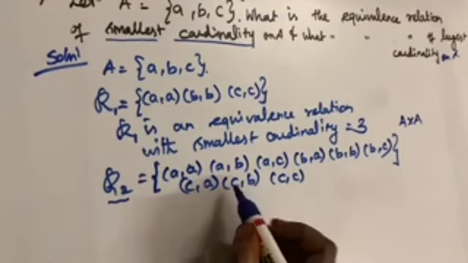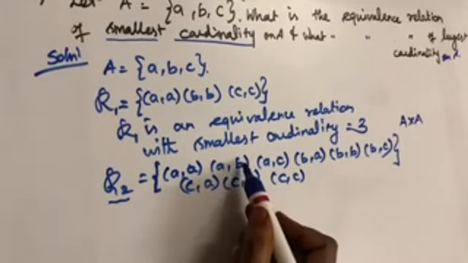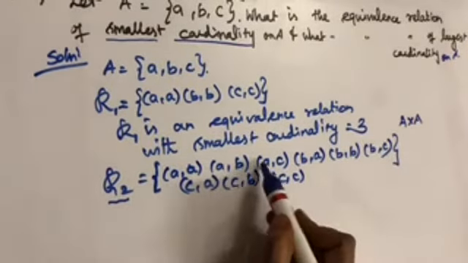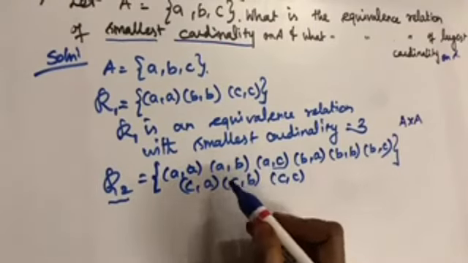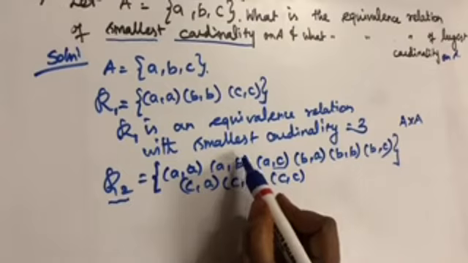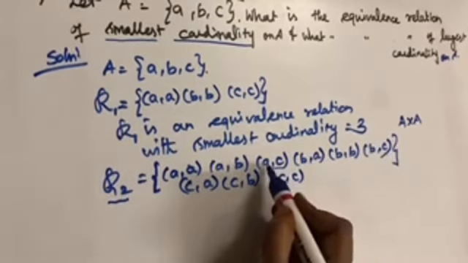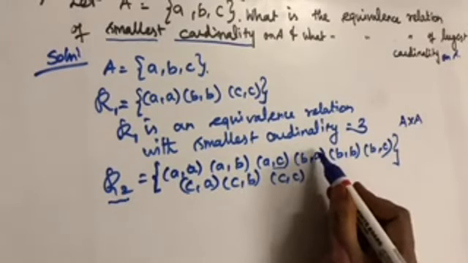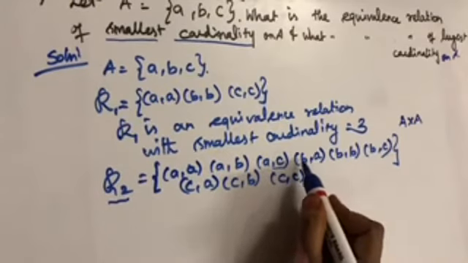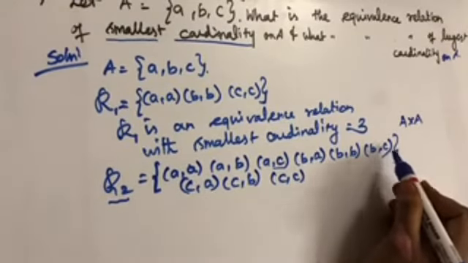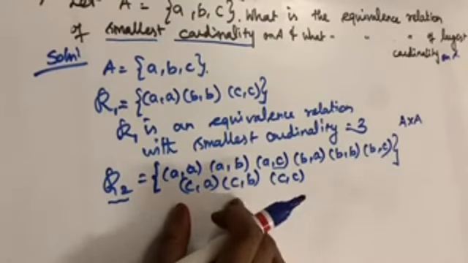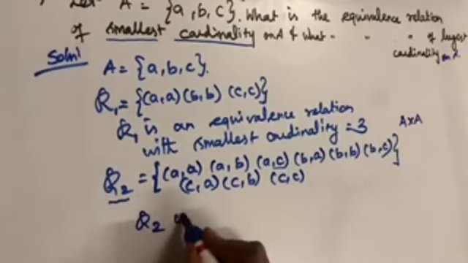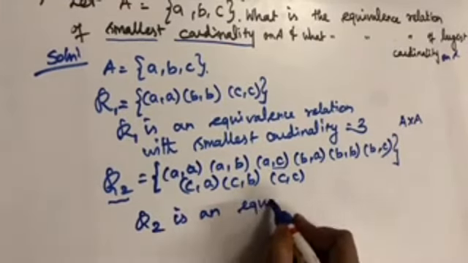Now what about transitive? A is related to B and B is related to C. That implies A is related to C. I have that also. For example, if I take A is related to B and B is related to C, I have another element that goes A to C. If I take this element B goes to C and A goes to C, I have another element that has B comma C. Okay, so for all the elements, I can prove the transitive relation also. So R2 is an equivalence relation.